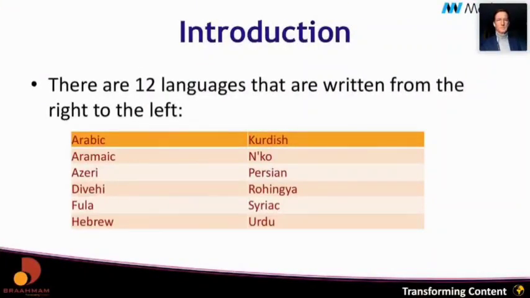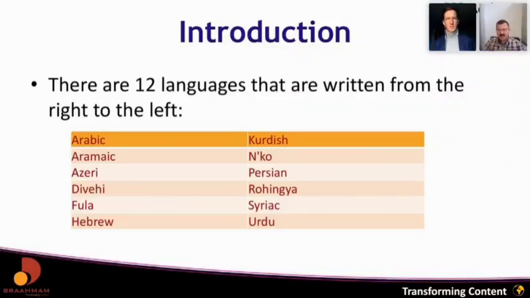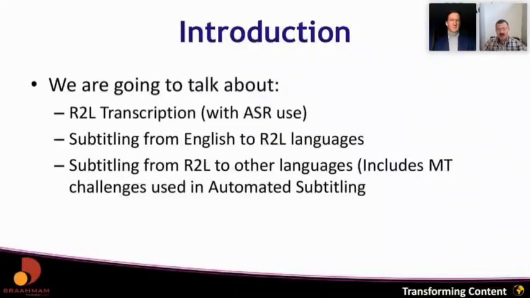To start the introduction, there are actually 12 languages which are right to left. As you can see on screen, these are the 12 languages. Majorly, in my experience, the biggest amount of work that we usually do is in Arabic, Hebrew, Urdu, and Persian. These are the main languages that we get to do. But you may have a situation that you are doing one of the other languages also. Practically all of these languages have right-to-left scripts. But sometimes you could have specific fonts which are also used differently. So even the choice of the font would matter sometimes. Now, like I mentioned, I'll get a little bit deeper into how we are going about this topic.